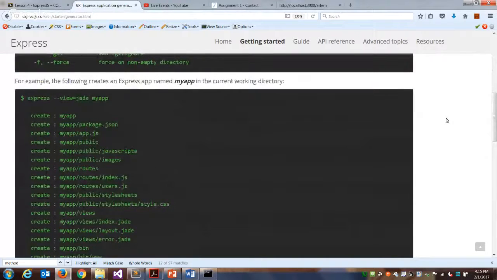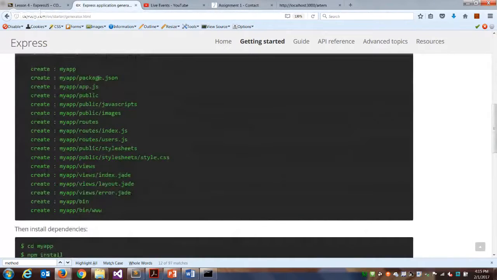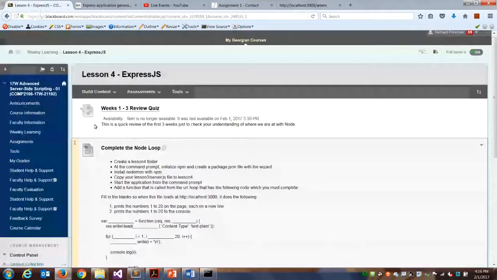So this is what will get built. It'll create a package.json automatically. We no longer need to run npm init. It'll create an app.js, which will require a whole bunch of dependencies and set up a bunch of paths and configuration items. It also will create a public folder, and inside of public, we're going to get a JavaScript folder, images, and a style sheet, along with the default CSS file that we can either keep or modify. It's also going to set up 2 other subfolders, one called routes and one called views. And if we think about what those actually are,